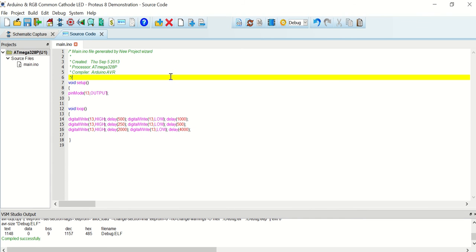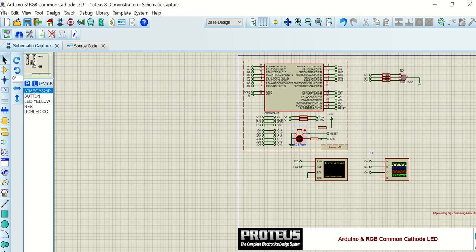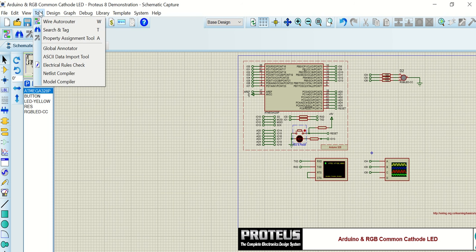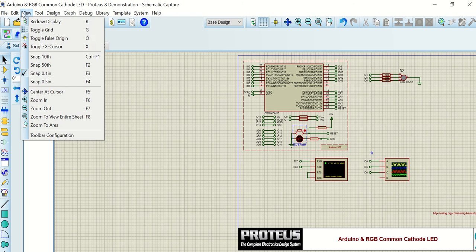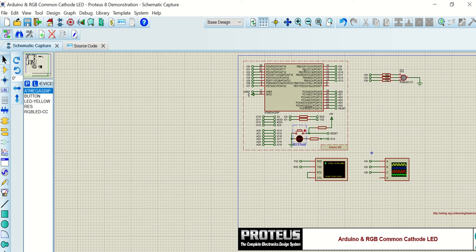So first you have to write the code, and then you have to compile it using the build project option which is given. So I've already compiled it. You can see here it is written compiled successfully. Now let us see whether it runs or not. So I'll run the simulation. You can even run the simulation from this tab also. So let us run the simulation. So you can see that the LED goes on, it goes off, again it turns on, again off, according to whatever specifications we have specified earlier.